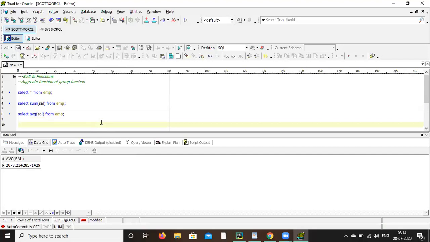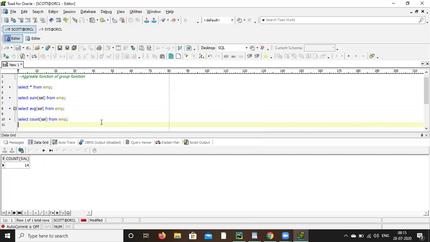So we'll get the average salary. Now let's say count. Count means how many records are there in the salary column. So total 14 records are there.